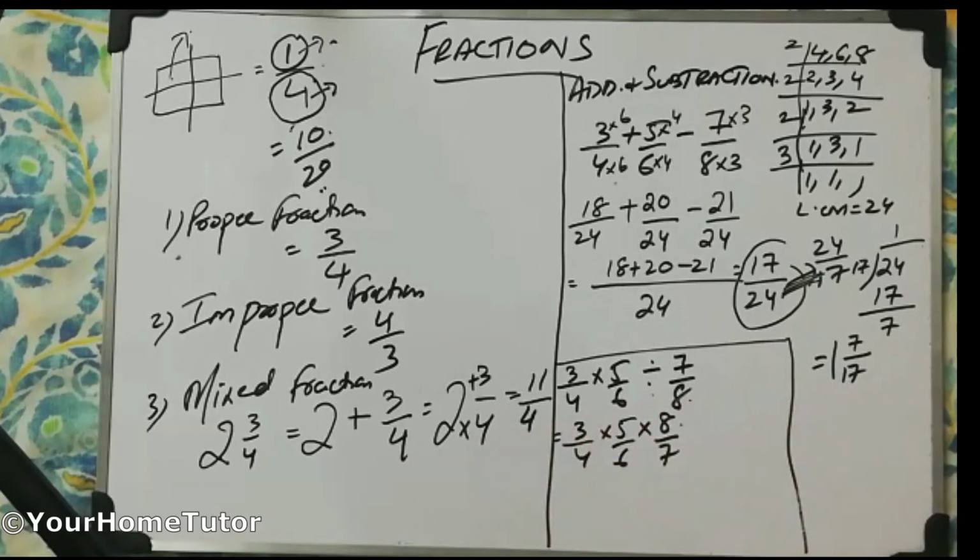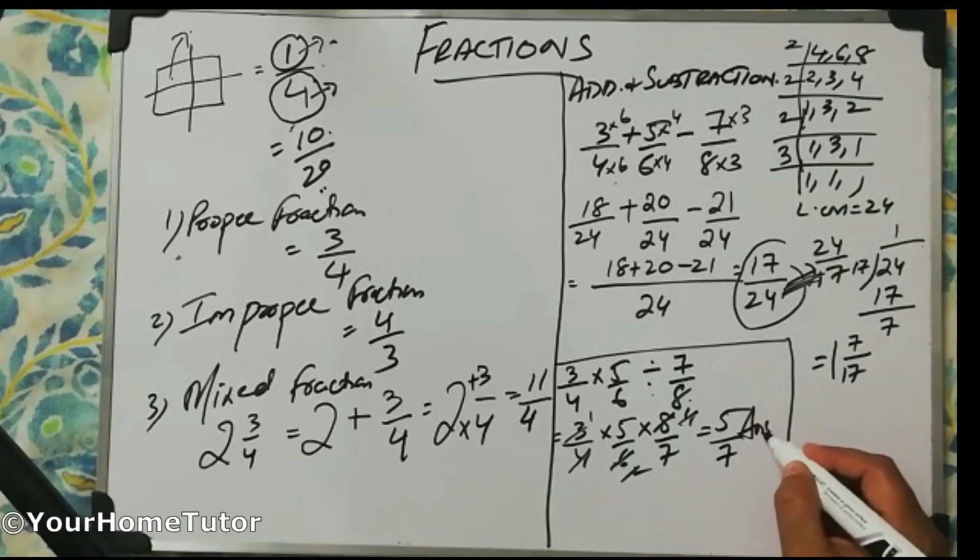The denominator will become the numerator and the numerator will become the denominator. Now it's totally our choice, we can simplify by any means. 3 ones are 3, 3 twos are 6. 2 ones are 2 and 2 fours are 8. 4 ones are 4 and 4 ones are 4. Now nothing is left in the numerator except 5, and nothing is left in the denominator except 7. So our answer is 5 upon 7.